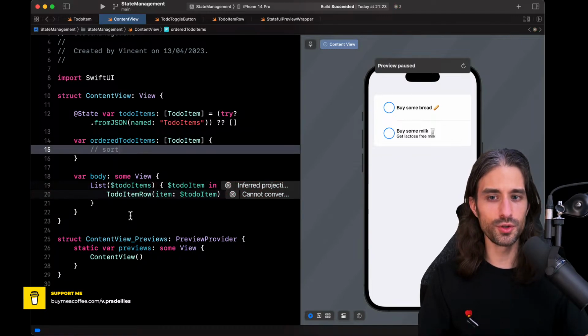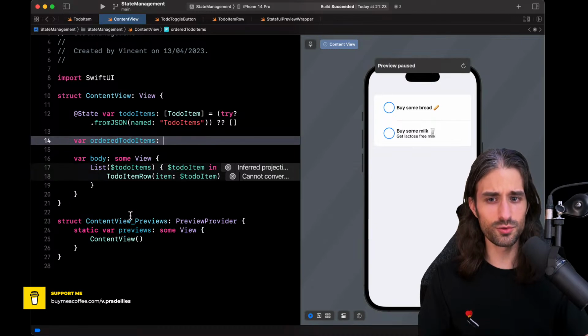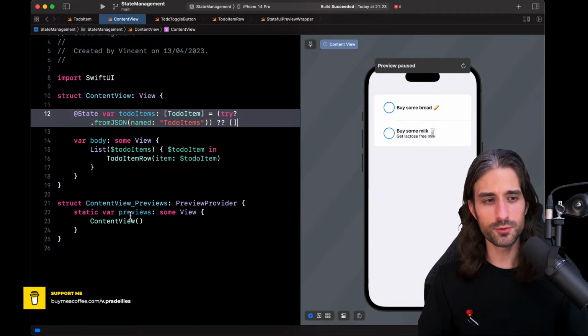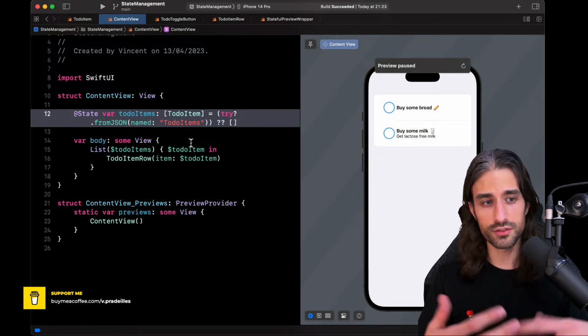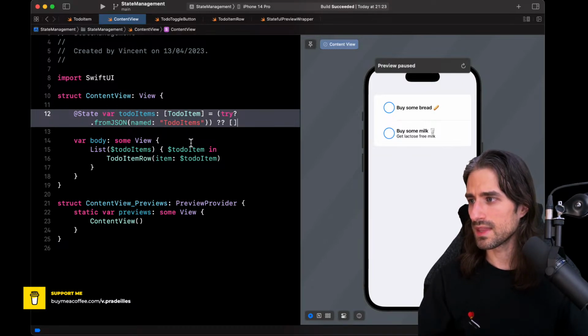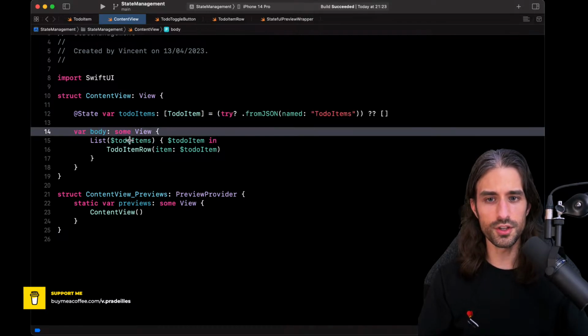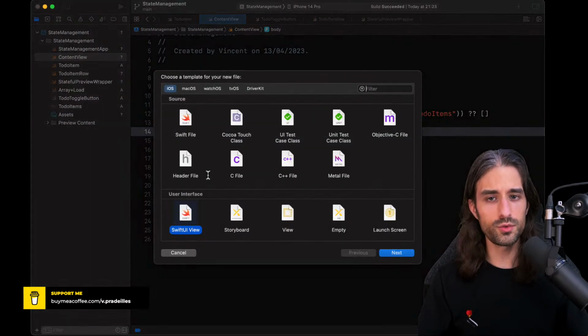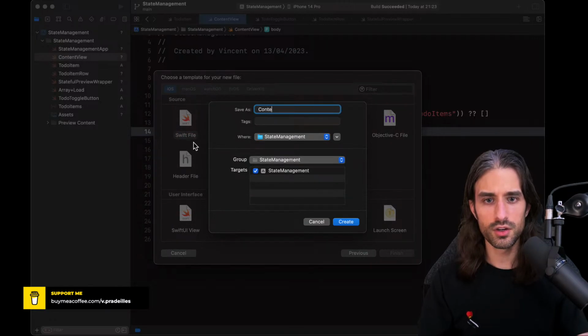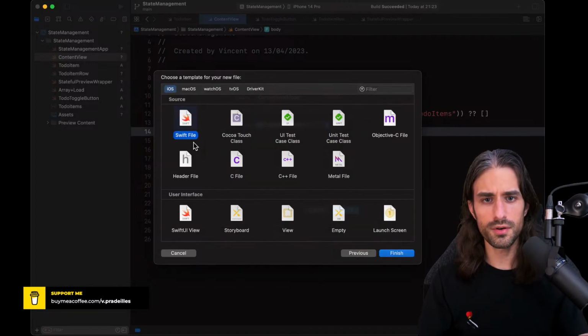And rather, we will do the more sensible thing, which is to have a nice app architecture. And so we're going to introduce a view model that will manage the array for us, and that will also manage which version of the array should be presented by the UI. So which sort should be applied to the array before it is presented on the UI. So first thing, to have this view model, I'm going to hide the preview for now. We're going to create our view model. It's going to be just a Swift file. I'm going to call it content view model.